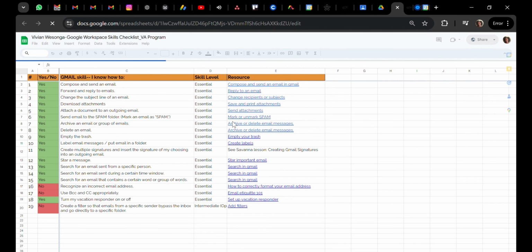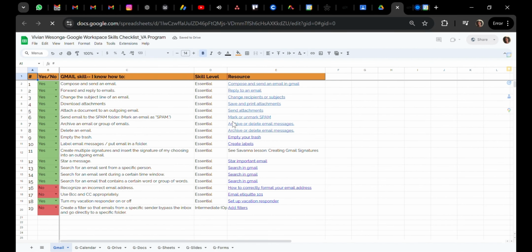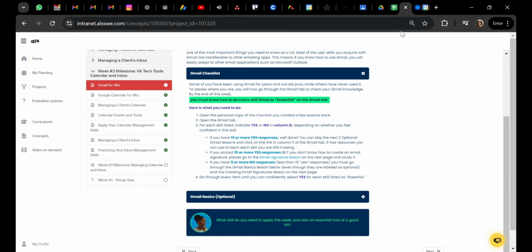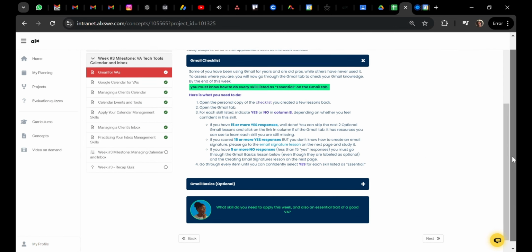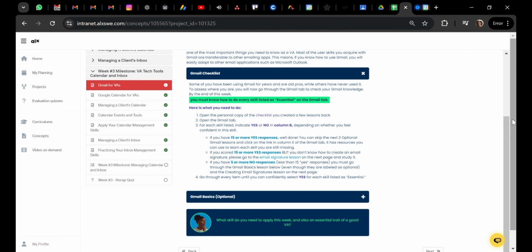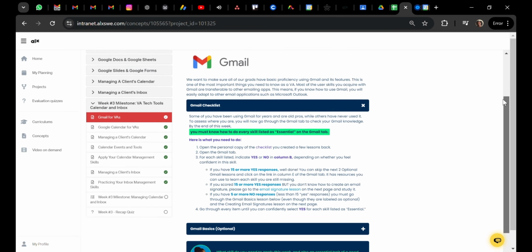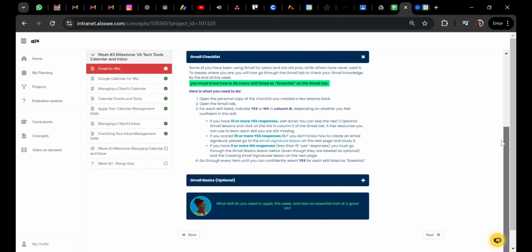So we went to our Google Drive, onto the checklist under the Gmail. So you can see what skill you have, what skill you do not have. So we already reviewed that checklist. And then, I'm just checking if everything is okay.